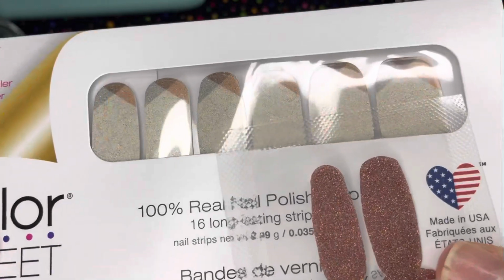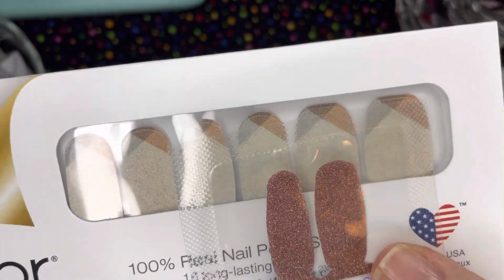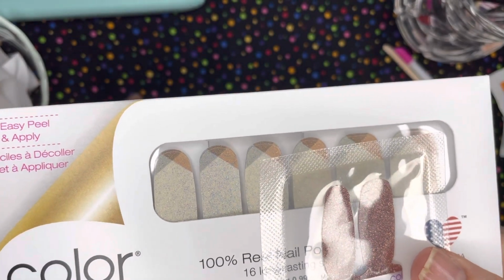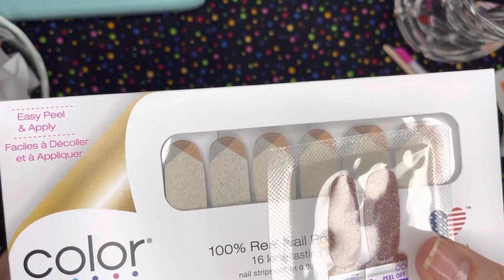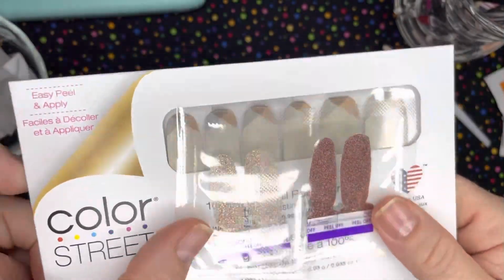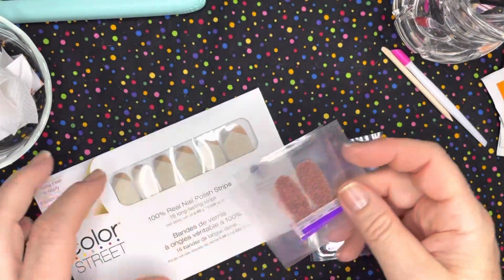Another color that I thought might go good with this would be Sahara Jewel. See how that brings out that brown? It's got the glitter. I love that. I think there's a nice solid brown that would go nice too. But I couldn't decide, so we'll just see what these look like here. All right,